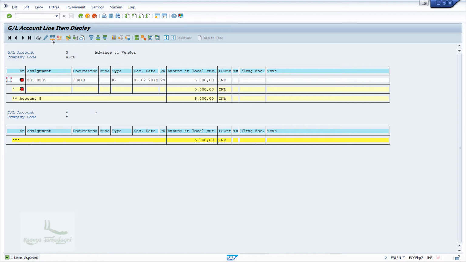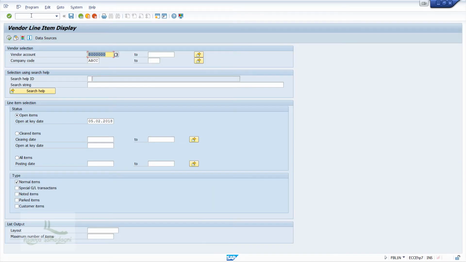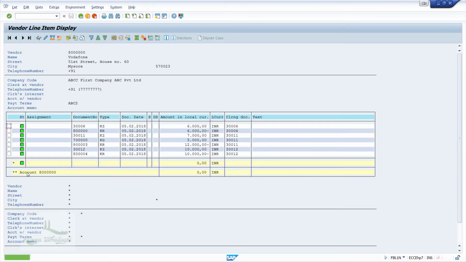For that, I'll use the T code FBL1N. So, I'll enter the T code as /nFBL1N in the command field and I'll hit enter. Now, if I simply enter my vendor number, company code and select all items and I'll click on the execute button like we always do, what can we see? We do not see any entries of the previous posting. Correct, right?